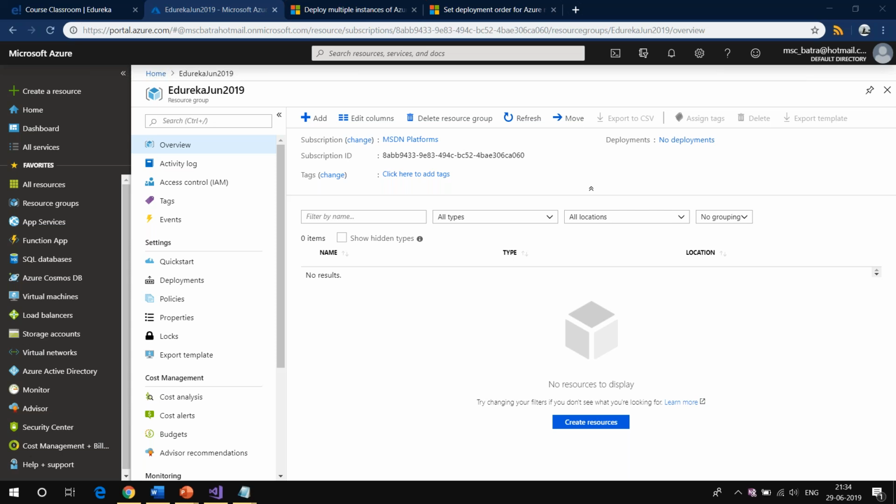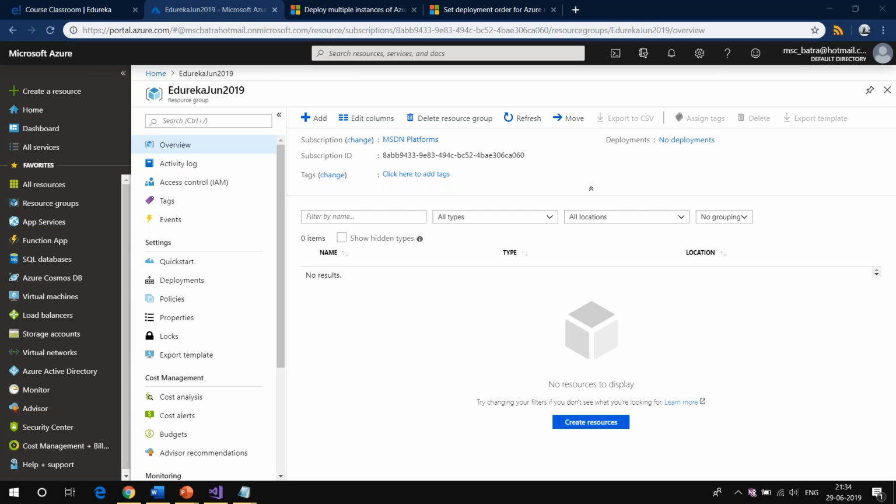Amlan is saying, while creating a resource group, there is an option of tags. Again, I think the same question. And Shubha is saying, is there a cost associated with a resource group? Good point, Shubha. I was expecting somebody to ask that question. Whenever you create a resource group, that's totally free of cost. No cost is associated with the creation of a resource group.